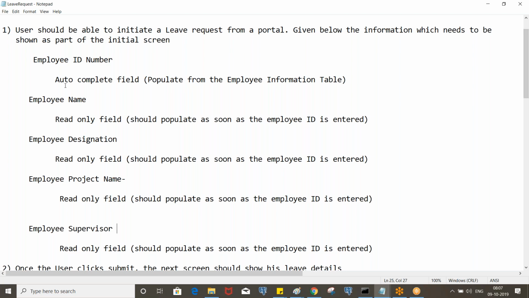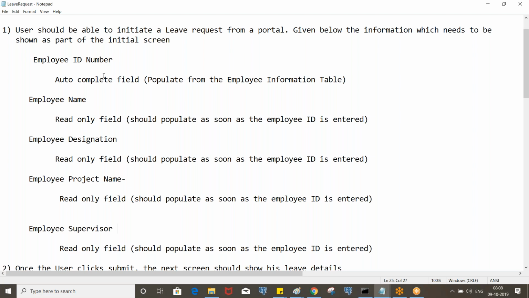These are the fields: employee ID, employee name, the designation, the project name and supervisor. The employee ID should be an autocomplete, and for this we'll have some data class as a source. You define 4 to 5 employees in the data class, and those employee IDs should be populated in the autocomplete.